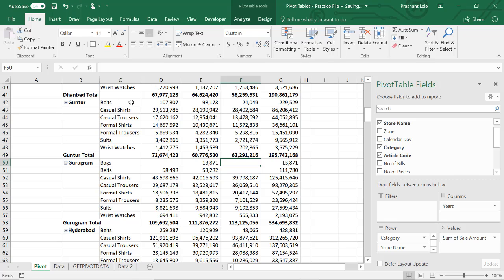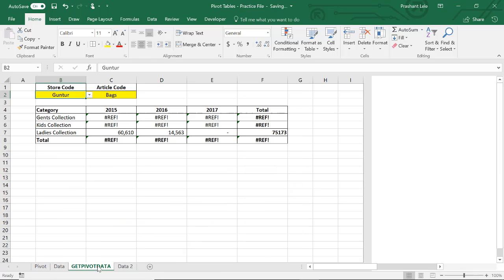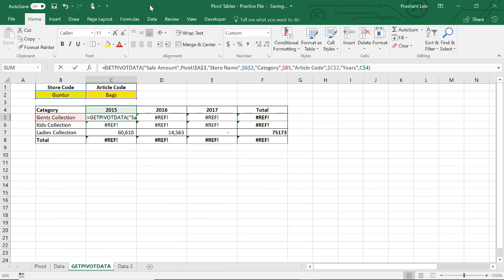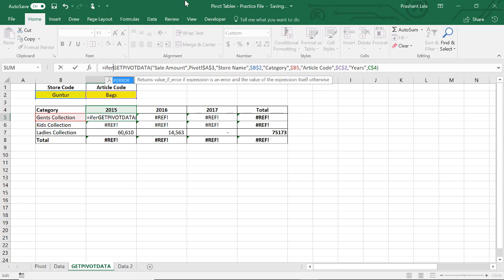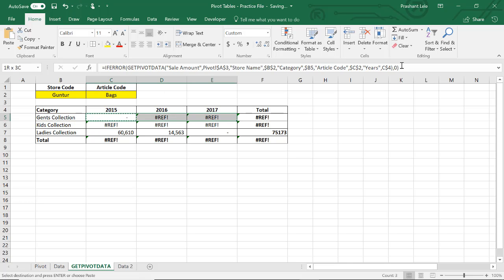See, bags are not there in Guntur. That's why the error is coming. So to overcome this problem, you just need to add IFERROR before your GETPIVOTDATA. If there is an error, it will show 0. Just copy paste.